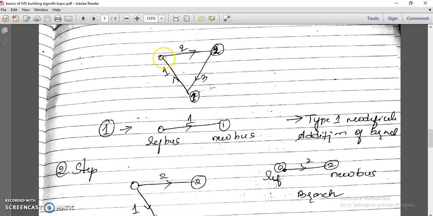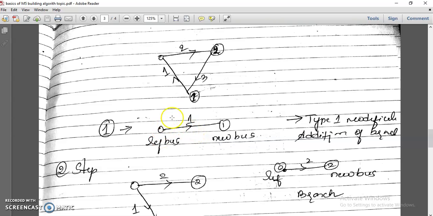The first element is in between 0 and 1. I am taking it separately because I am adding the elements step by step. It is like how we build a home: first the ground floor, then the first floor is added, then the second. Like that, here also I am taking the first element.